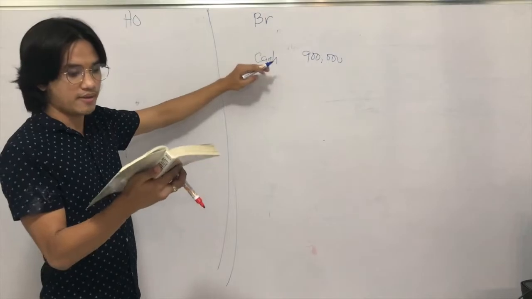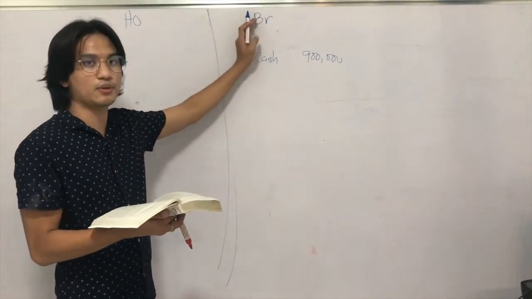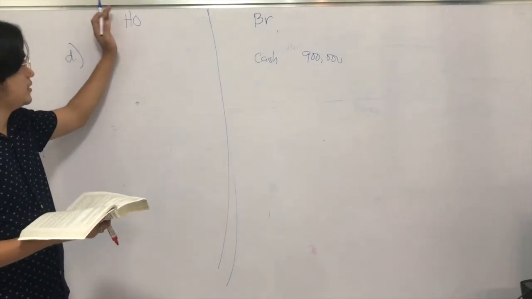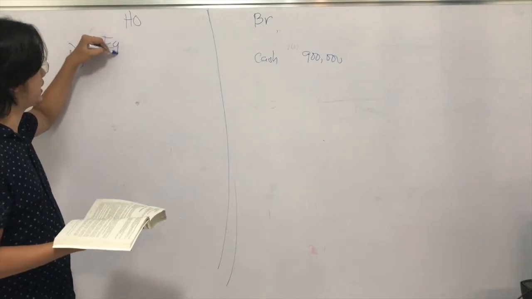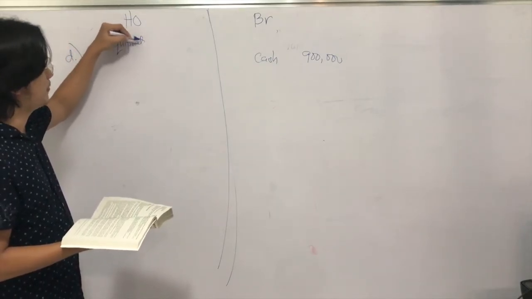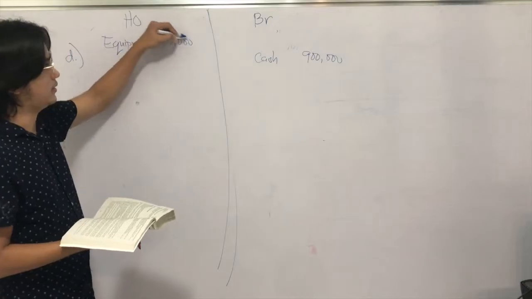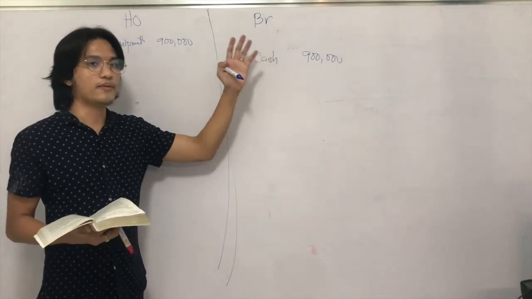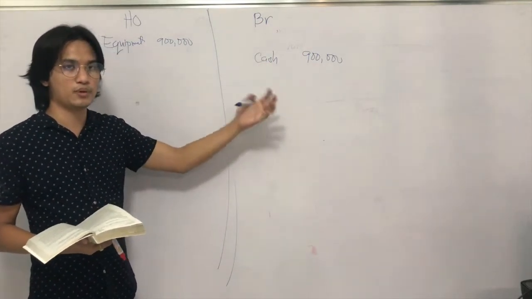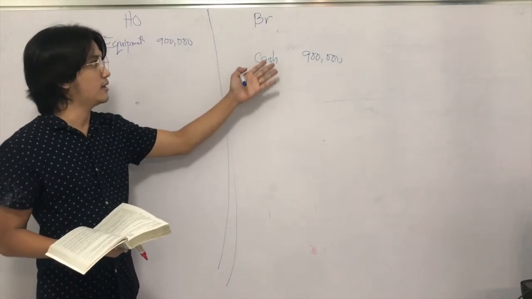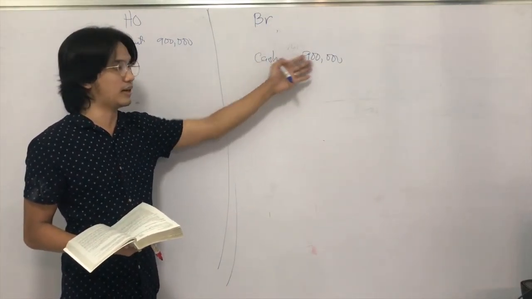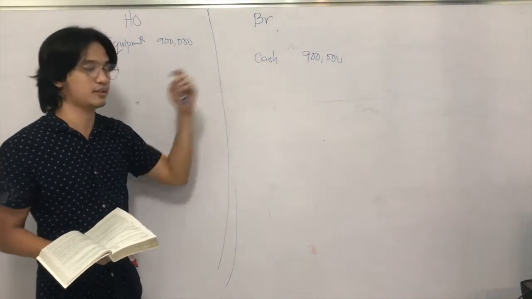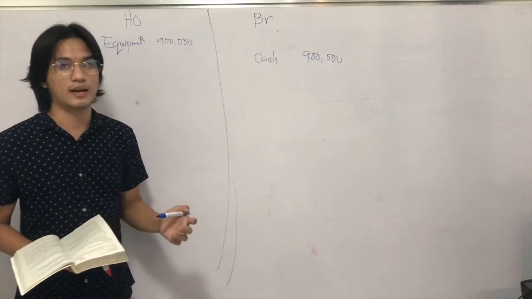However, the equipment is not carried in the branch books. Instead, it is carried in the home office books. So, it is the home office who will debit the equipment amounting to 900,000. So, again, whoever acquires or pays for the equipment or whatever asset it is, he is the one who will credit cash. So if it's paid for by the home office, it will credit cash. In this case, it's paid for by the branch, then the branch will credit cash.